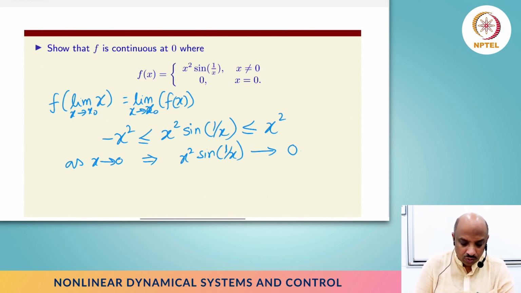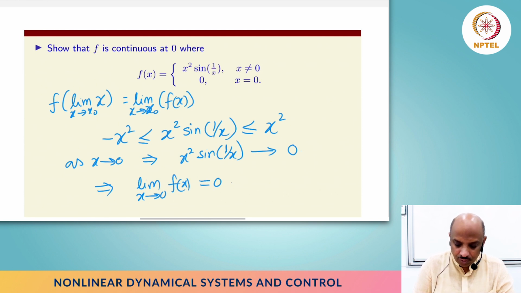So this essentially shows that the limit as x goes to 0 of f of x is going to be 0, which of course is f of 0, right? F of 0 is 0, so therefore f is continuous